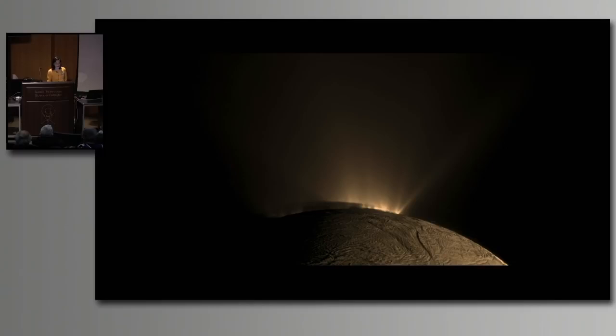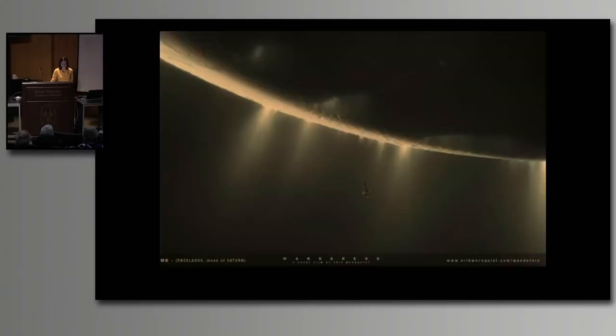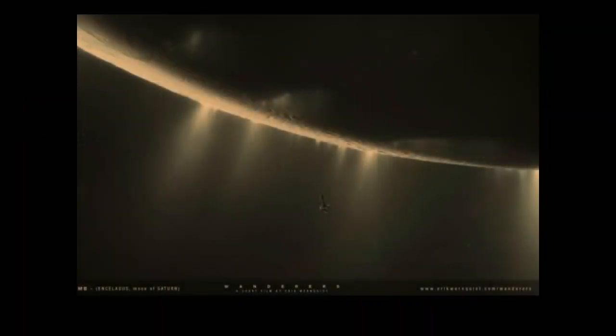And these geysers are one of the indications that, like Europa, there is a liquid water ocean under the surface of Enceladus, also making it a very interesting target for the search of life. And the existence of these jets in Enceladus and in Europa is particularly interesting because imagine trying to design experiments that actually look for that life. In Europa, for example, you would have to drill through 10 kilometers of ice, and this is very difficult to do on Earth. So imagine bringing all that equipment to do that drilling in Europa. It is very difficult, right?